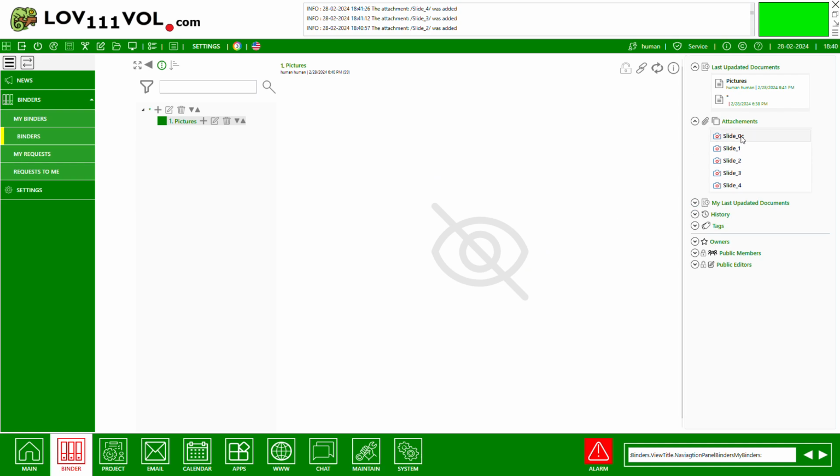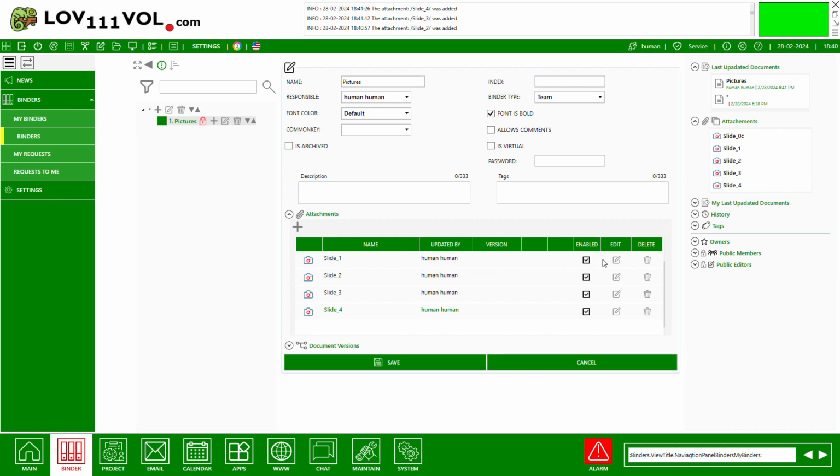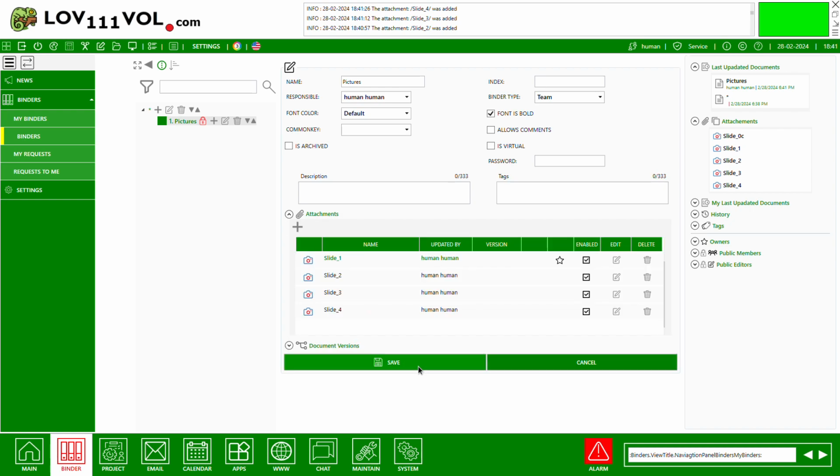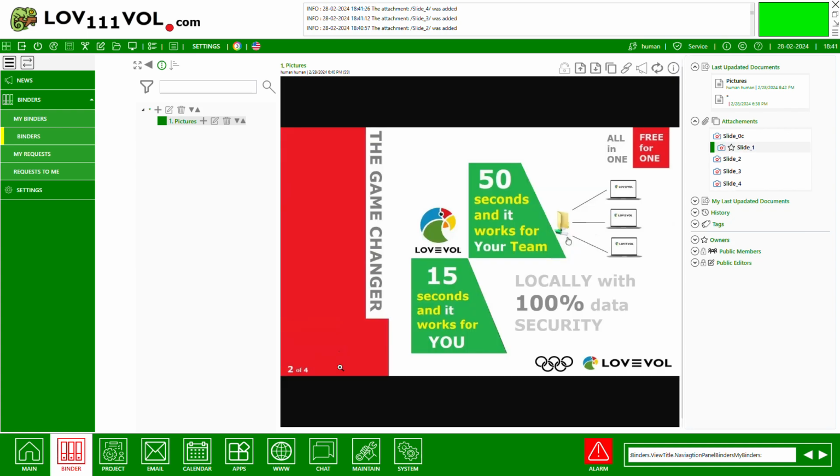If I specify one of the documents as main document, then you will see that it will be signed with a star. The star appears here, and if I save now, I will see the picture assigned with the star, because it's the main document, the main attachment here. Okay, now